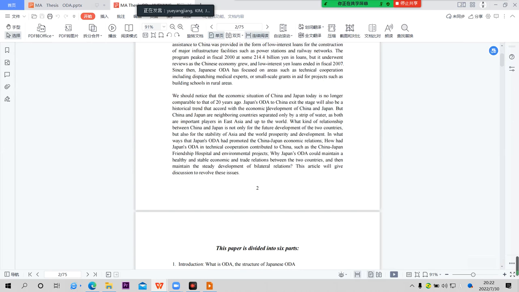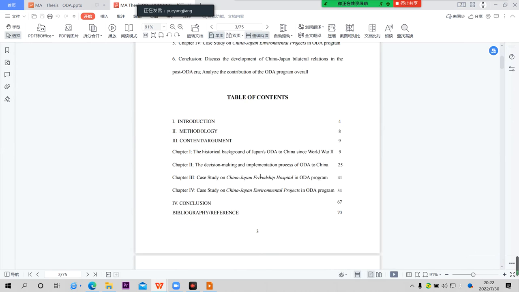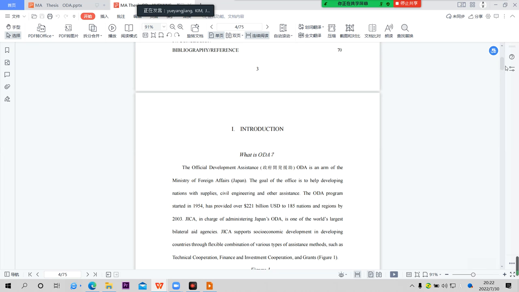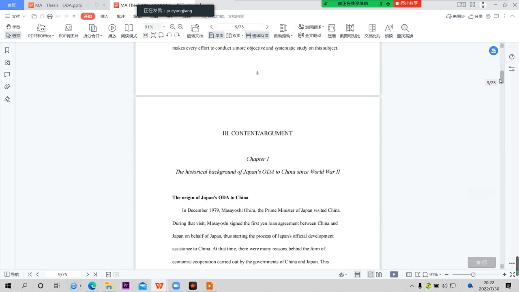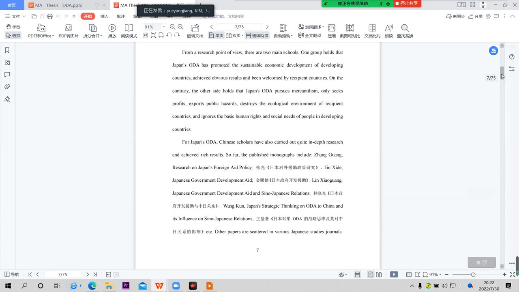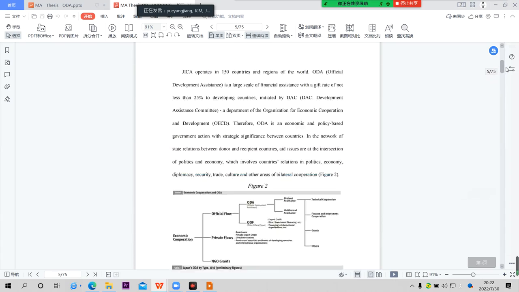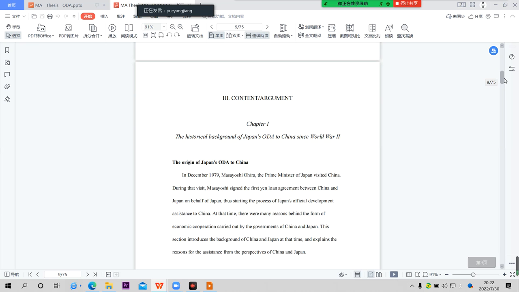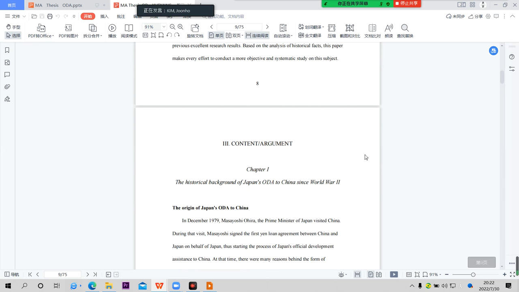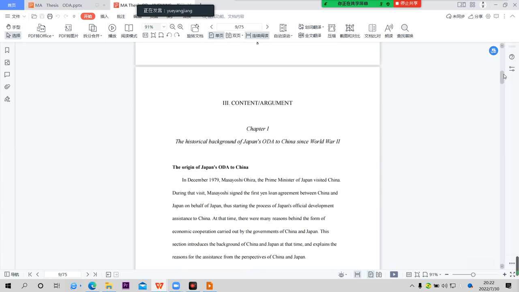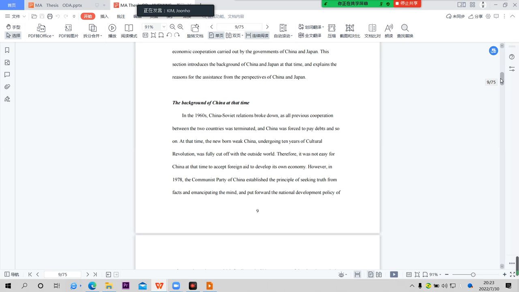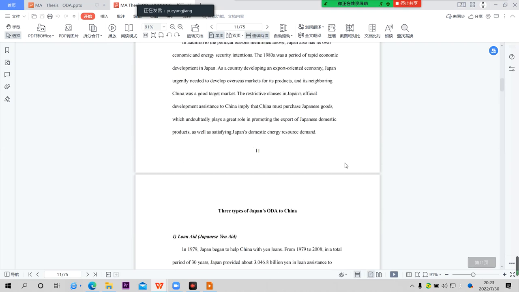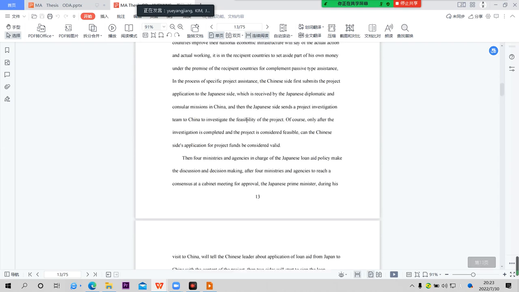It contains the abstract, the table of contents, and chapter 1 is the introduction. Chapter 2 is the methodology. Chapter 3 is the content argument. And in chapter 3, I have 4 parts. The first is the historical background of Japan's ODA to China since World War II. And the second one is